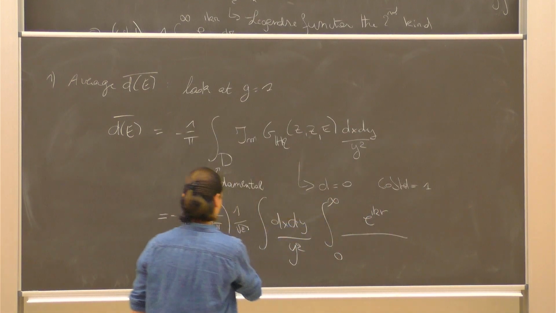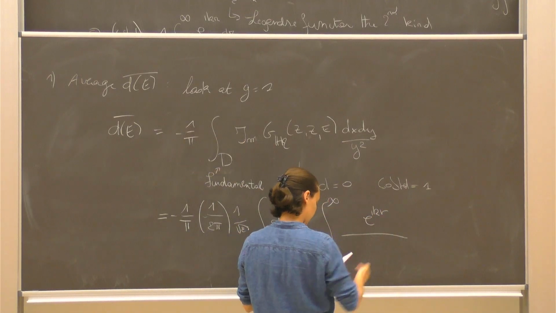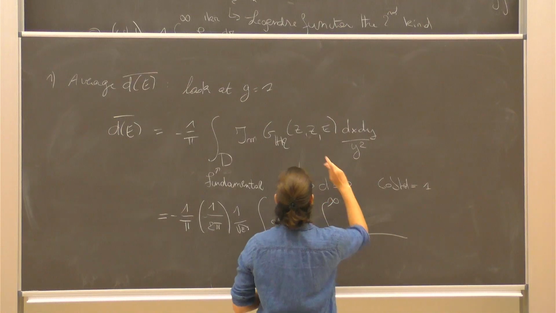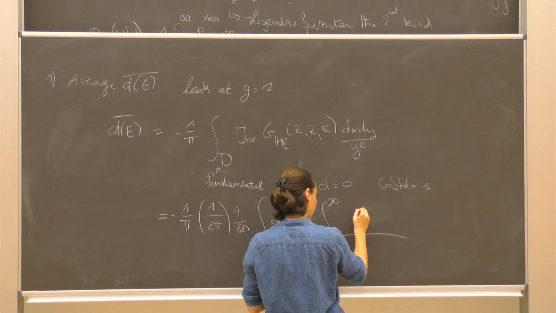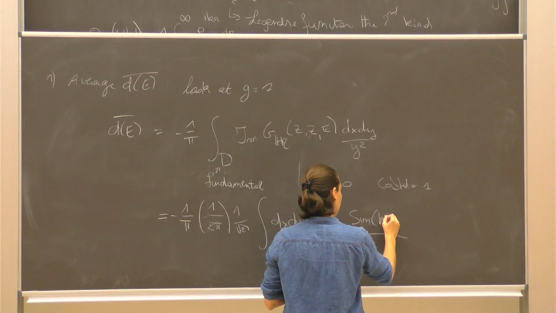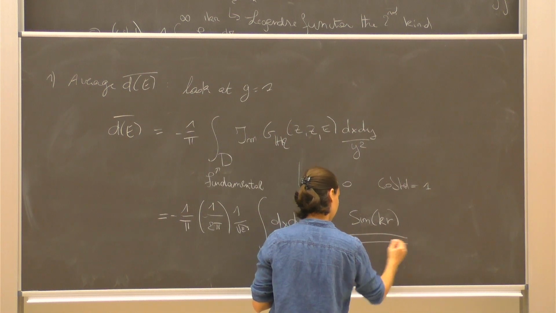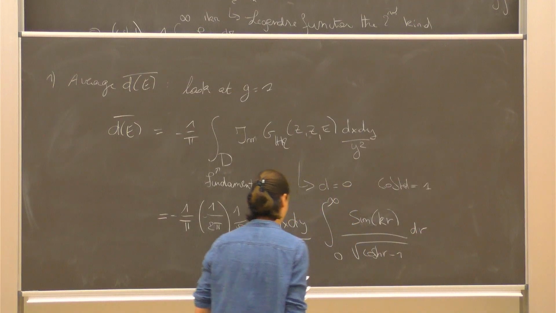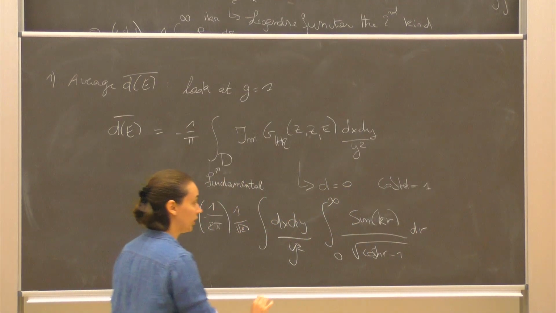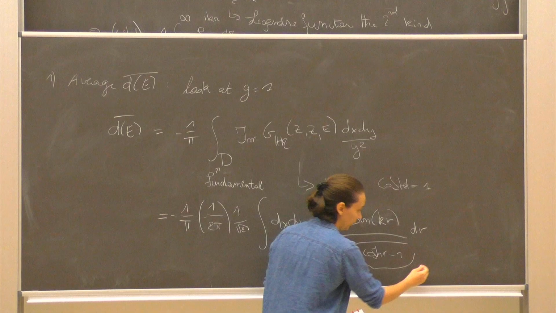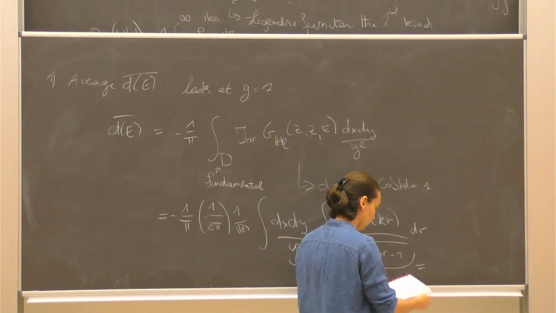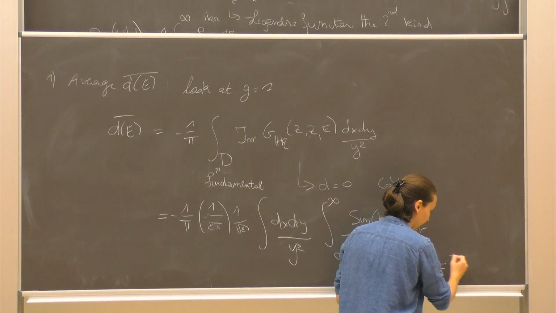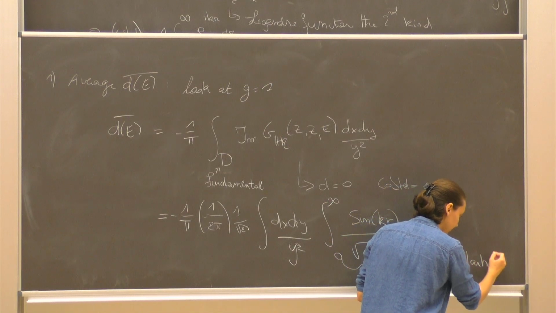Of course, because of the imaginary part, this will turn out to be the sine part, because of this imaginary here. And you have to compute this integral over R. Okay, and you can compute this, and you'll find that it's equal to 1 over the square root of 2 times pi times,